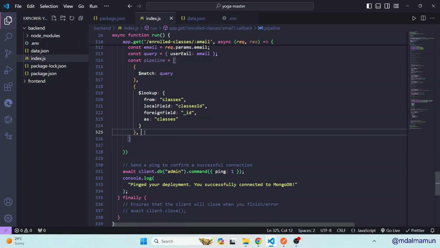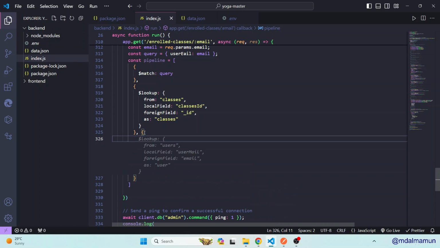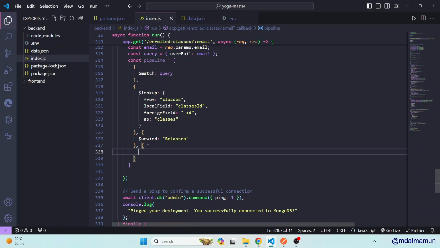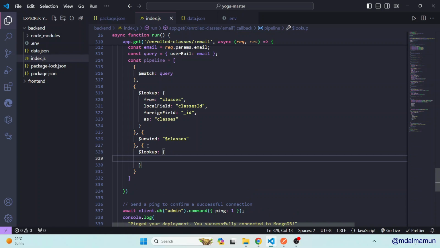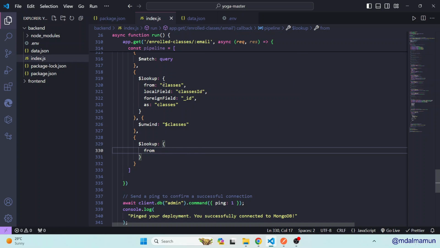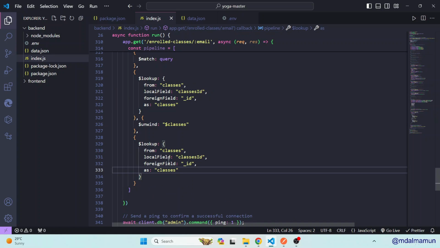After then we'll define another comma, and here we'll have unwind, then we'll have classes, something like this. And finally we'll have another lookup, we'll have from, we'll have all of these fields. So let me paste it here. So from will be,